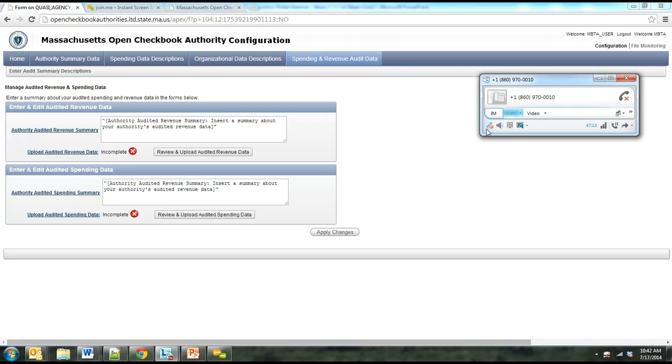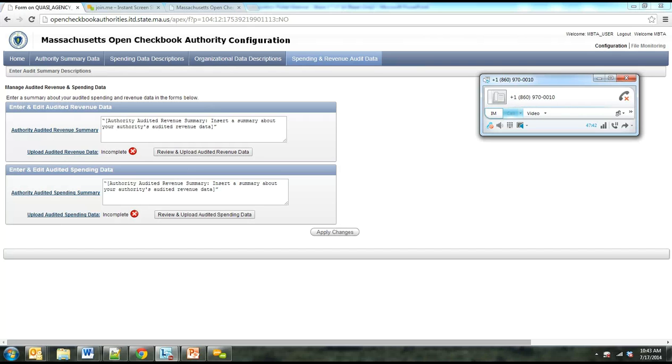So even if an authority was to upload numerous fiscal years of data into this file through the configuration portal, only the most recent year would ultimately be presented. So just think about whatever most recent fiscal year data you have available to upload, and we would recommend that you utilize that. In terms of the actual features here,